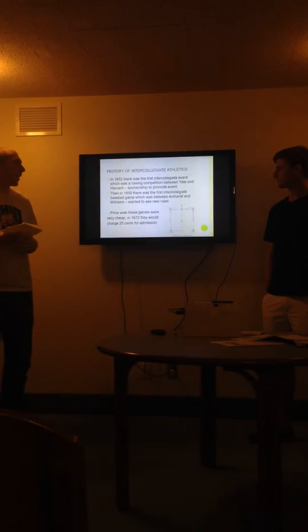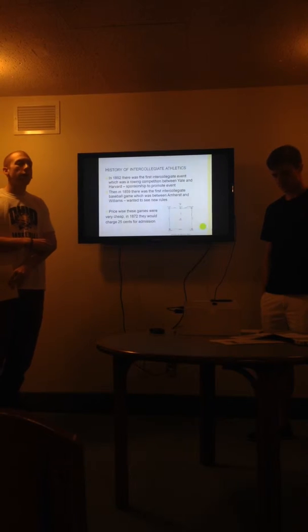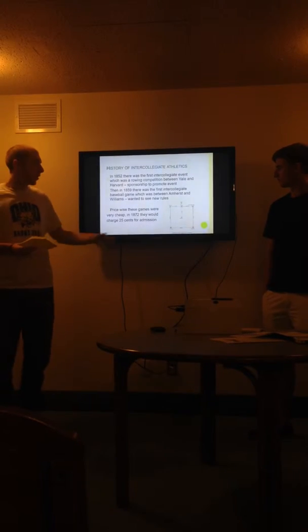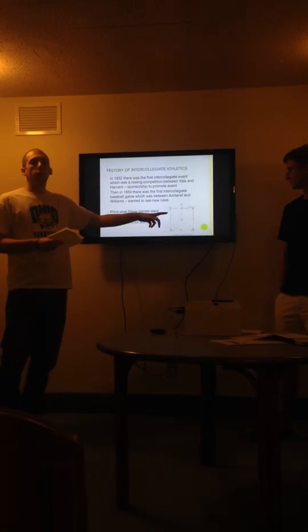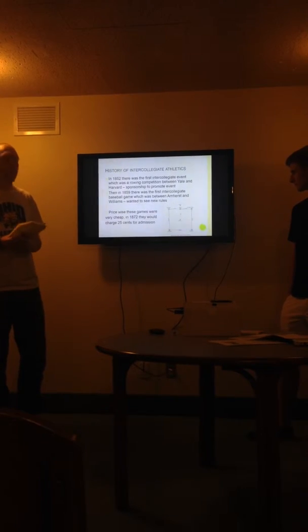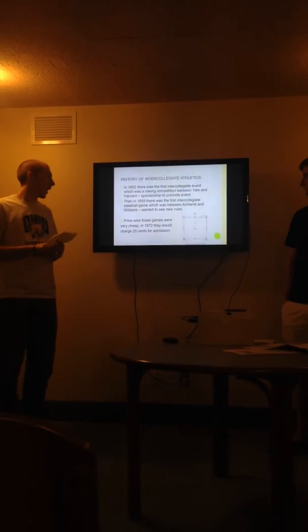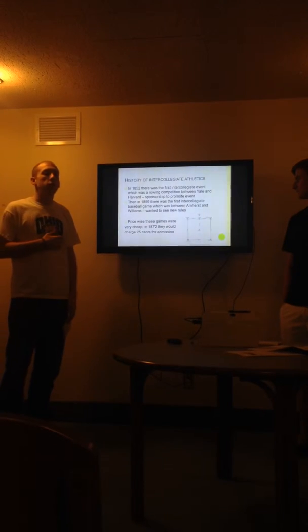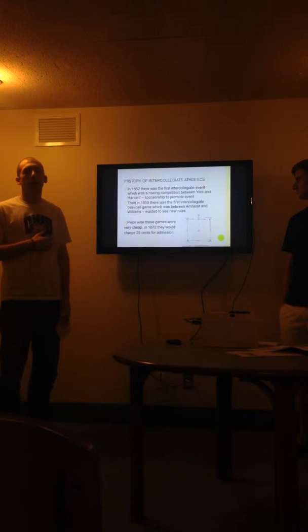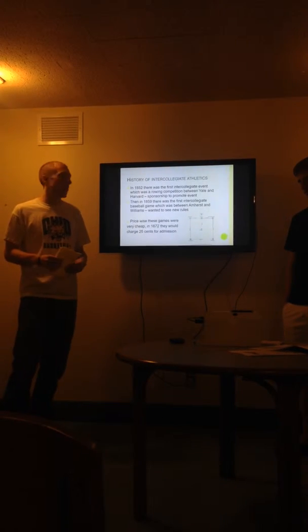In 1859, it was the first intercollegiate baseball game between Williams College and Amherst College. They actually wanted to start a new rule, and you can see by this graph, it talked about a square form for baseball. So they basically just wanted to see if these rules would work, so they set up this game specifically for that. Then price-wise, it was very cheap. It was only 25 cents to go to the games in 1872. So all you had to do was bring in a quarter to watch a game, so that was pretty nice.